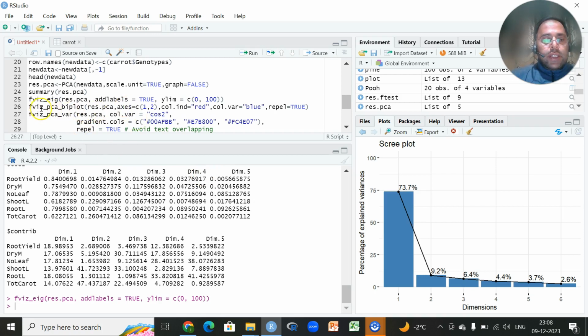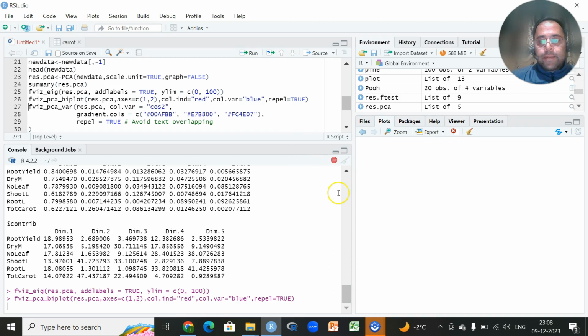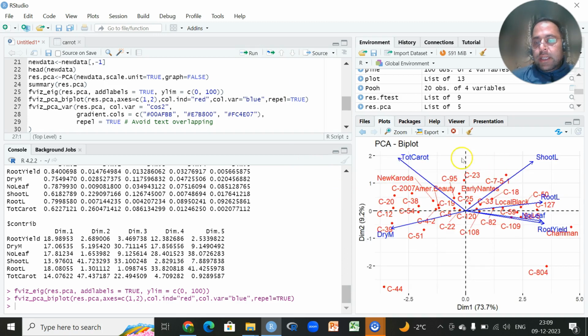Then we want to have another plot. For that we'll be using this fviz_pca_biplot. It will create a biplot where we'll have the display of these col.ind colors in red. We are giving red colors to the different genotypes. I will click on this run again. Then we'll have a plot here. You can see these red colors, these are the genotypes, and you can find out that C80 and Chaman are good, in a sense the best genotypes among the rest of the genotypes